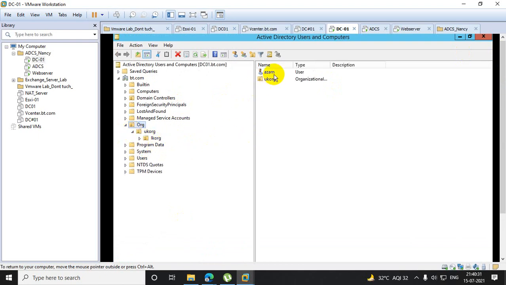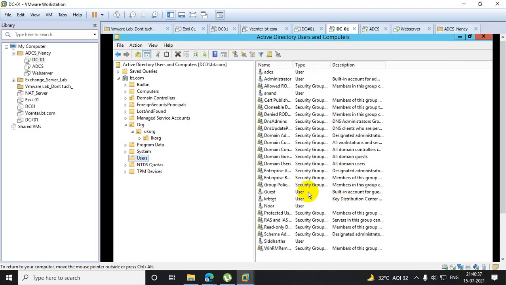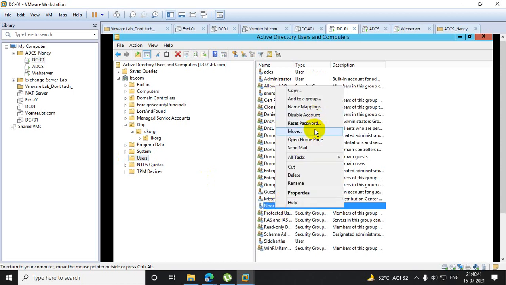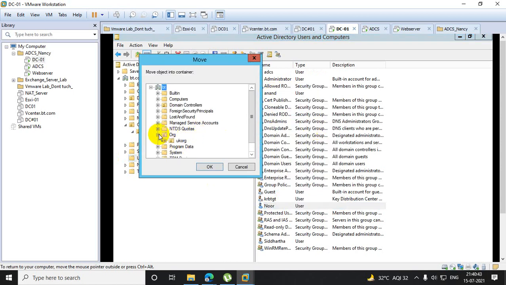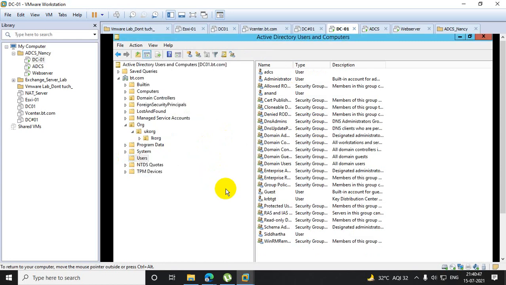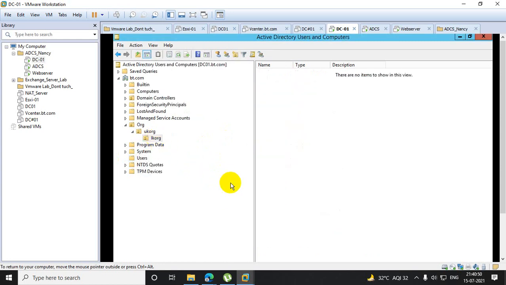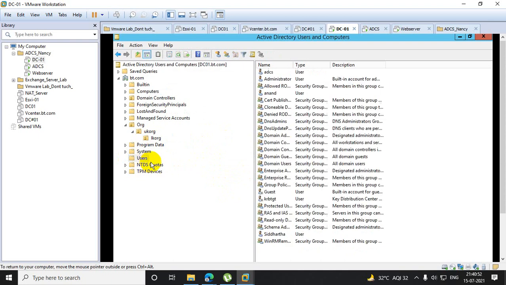One OU, Azam, is also there. Another OU I will move Noor, and LKORG I will move to Anand.